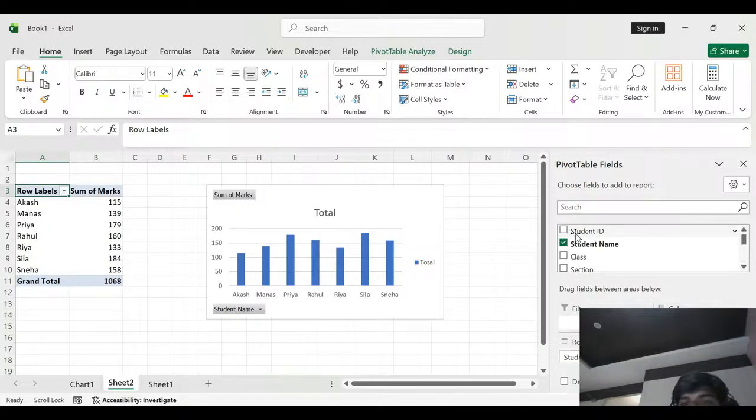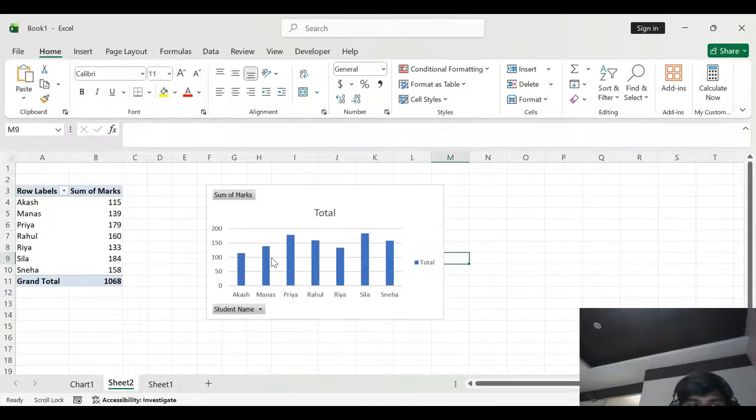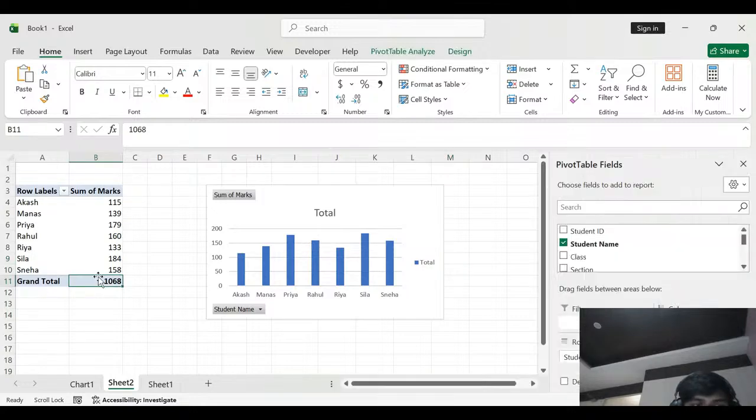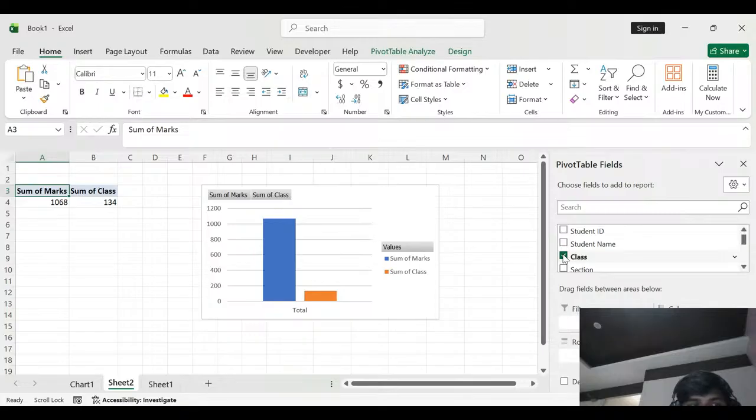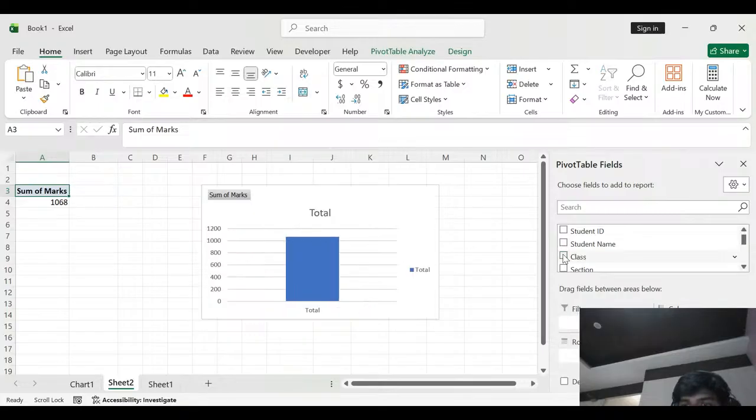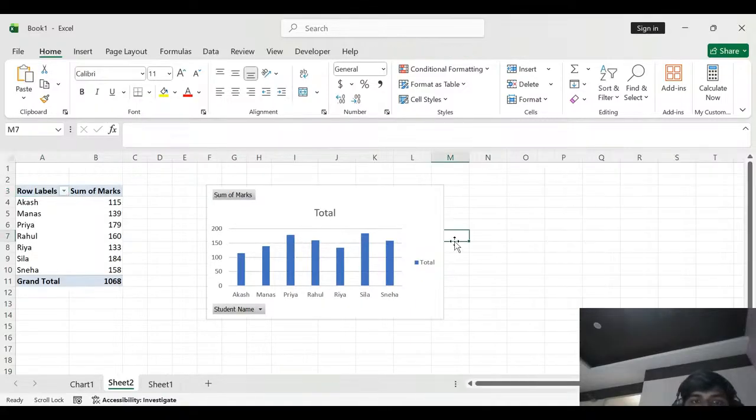If you want, you can use the slice function here, like I'm showing. Look at this, here is the student-wise mark, you can choose the ID-wise mark also. If you want, you can choose the class-wise marks too, which class, what's the mark. Okay, like I'm selecting this student name-wise mark. If I want to put the slice function,